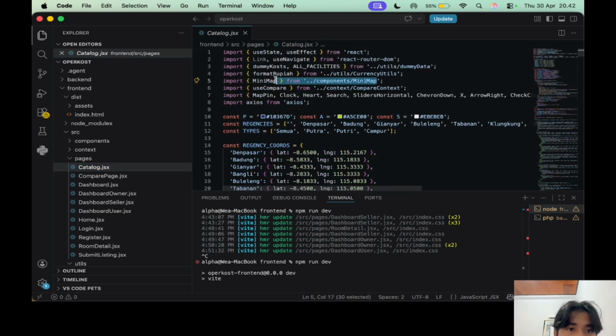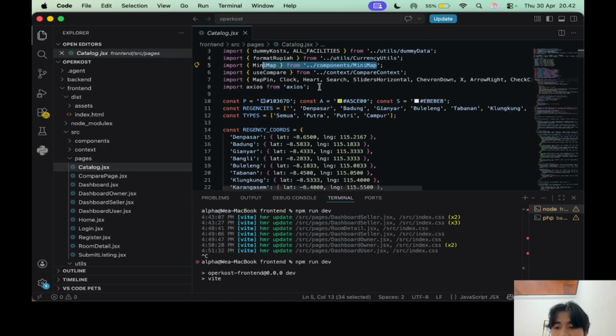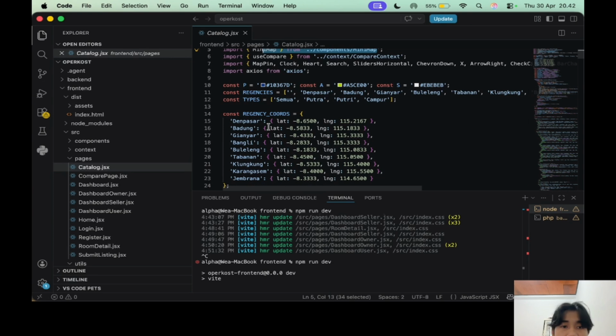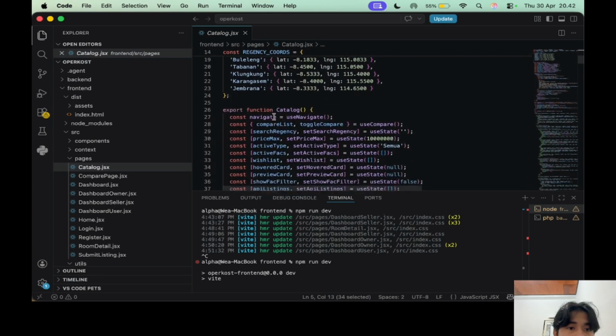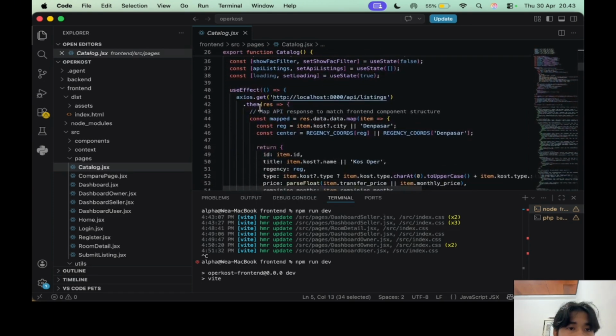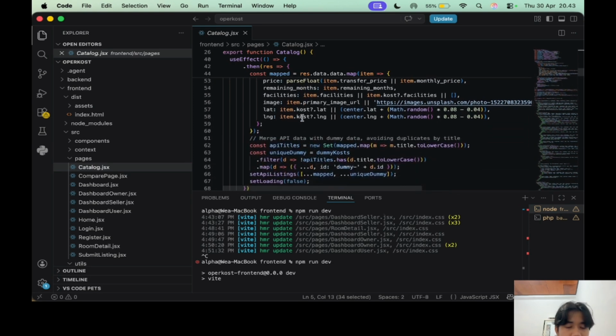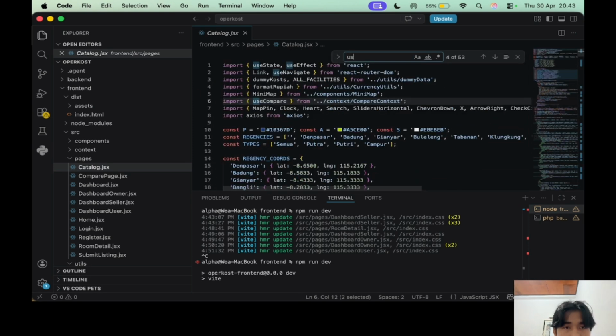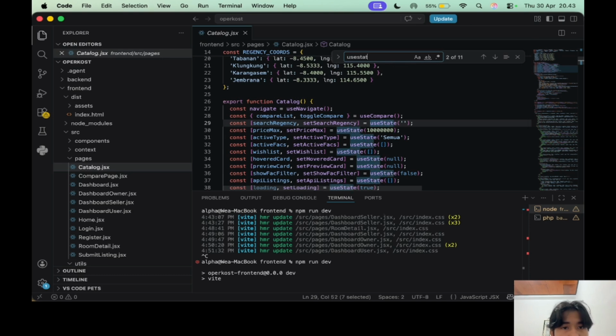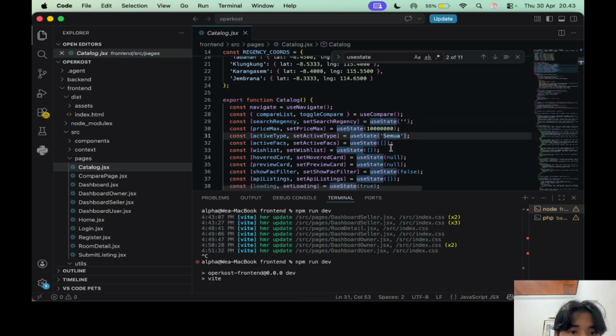Inside this component, data and user interaction are managed seamlessly using React hooks like useState.